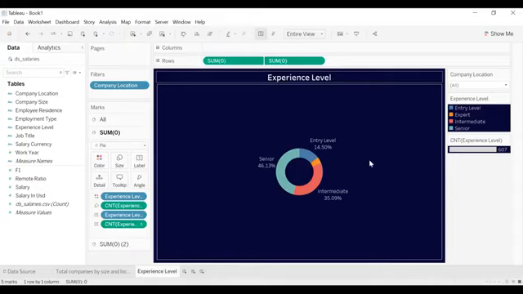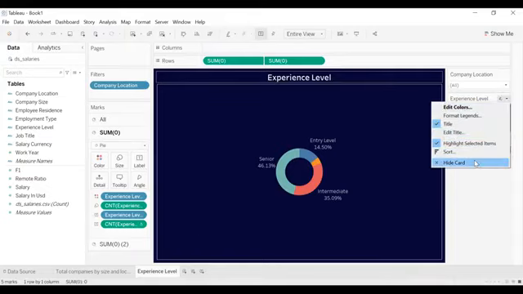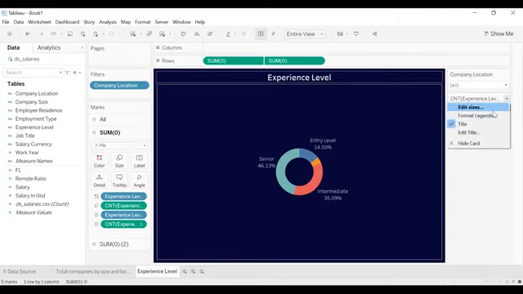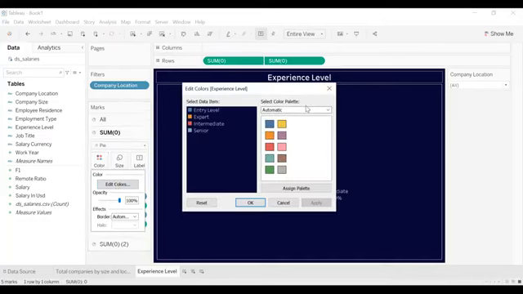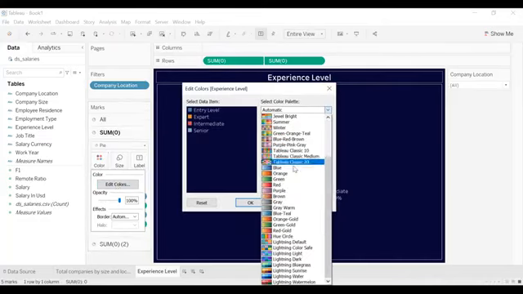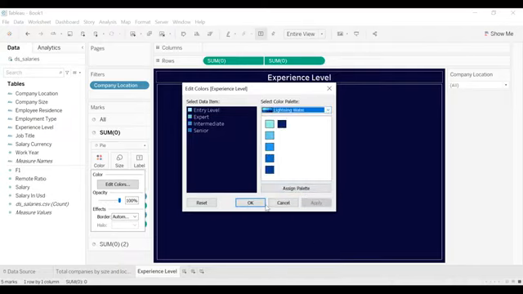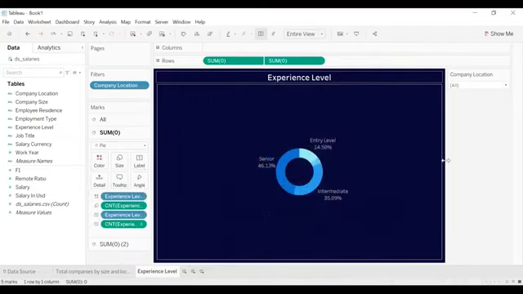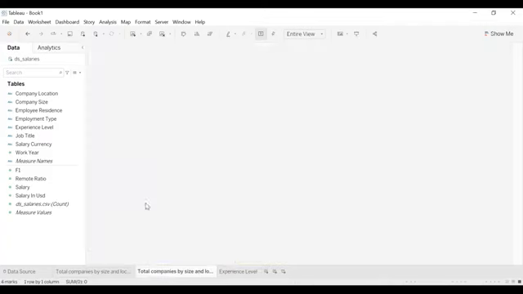All right, we remove the color, we remove the legend, and for the color we're going to select lightning, assign, apply OK. So here we have done a chart for the experience level. Same thing, we are going to duplicate first one